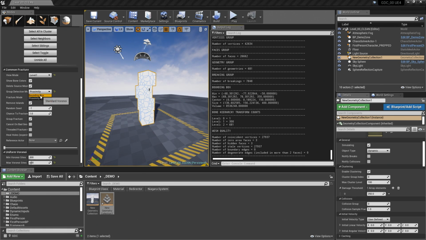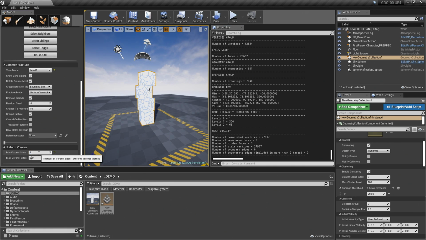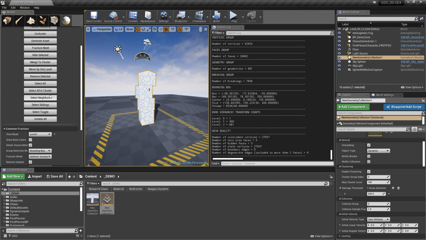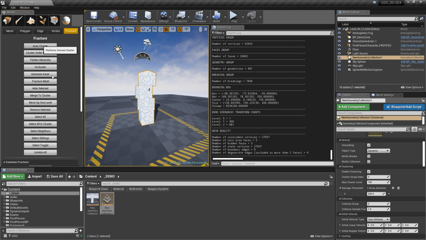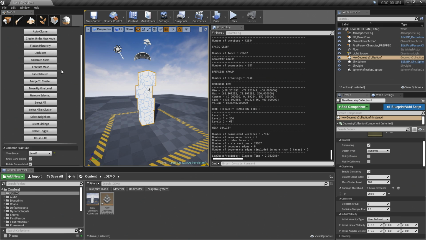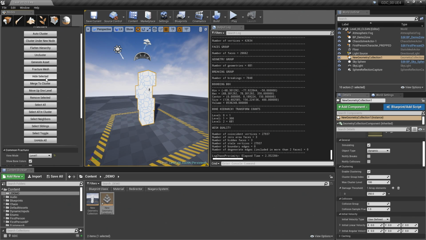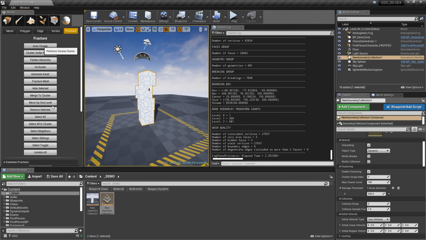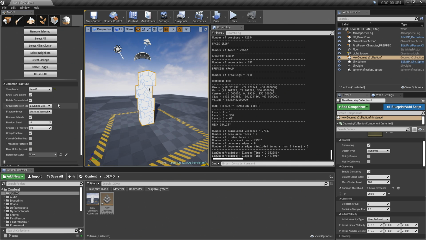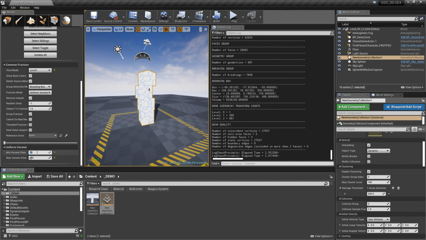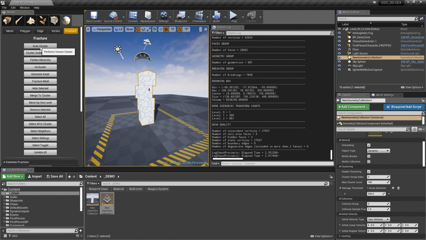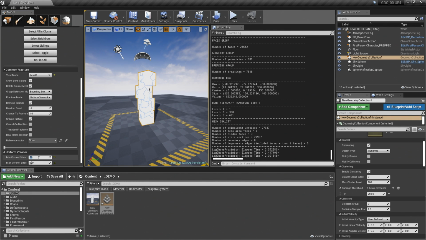So let's change this back to bounding box. And I'm just going to go by halves. And we'll do it again. And maybe we'll cluster it one more time. You can make as many clusters, many damage levels as you like. So we'll just do 30, I guess. Actually, no, let's go really low so that we can see some really big chunks. So we'll do 10.